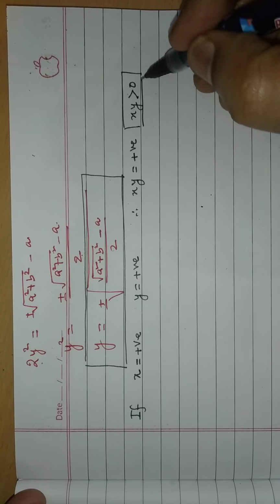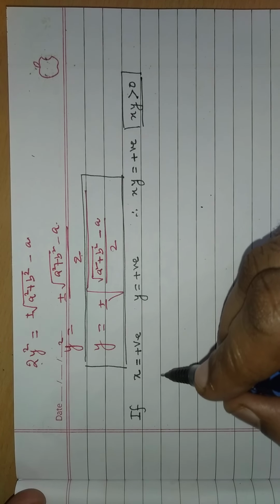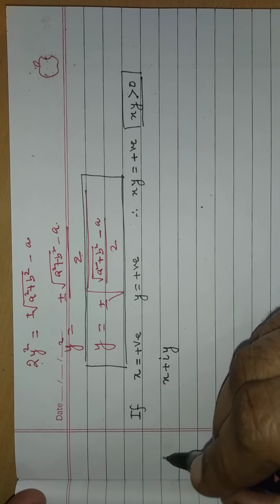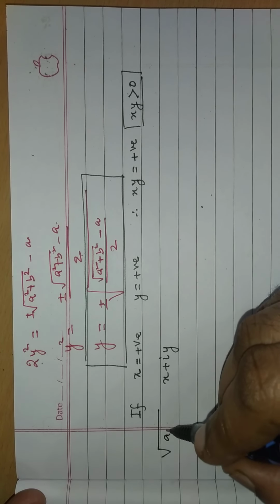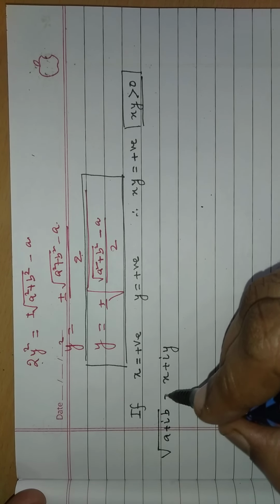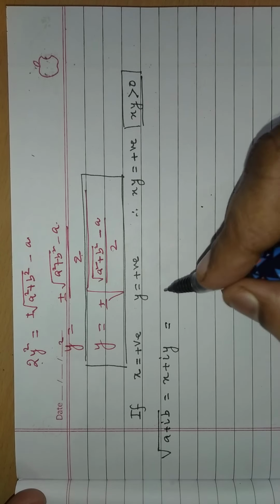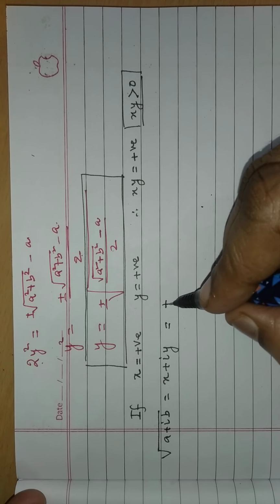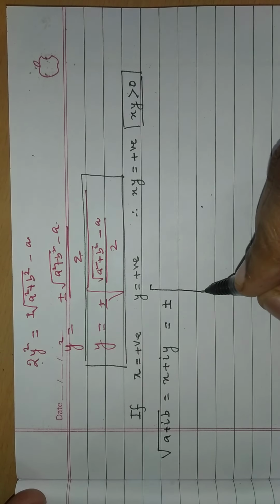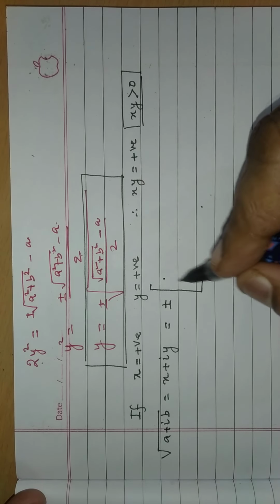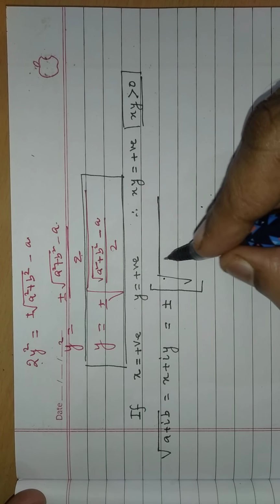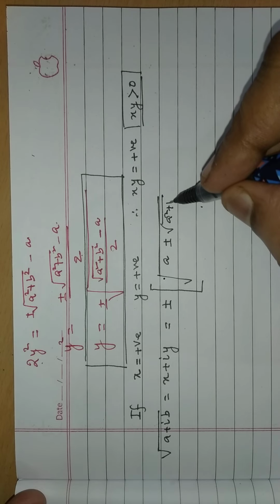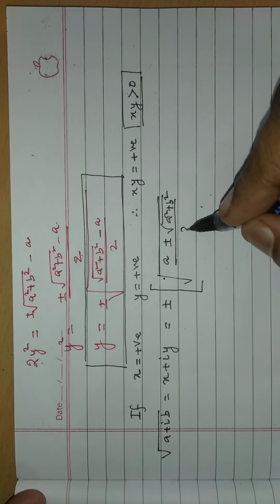So in this case, we use the formula for the square root of x plus iy, that is, the square root of a plus ib, or square root of z, is equal to plus minus, and in the bracket we write root under (a plus minus root under a square plus b square) divided by 2,